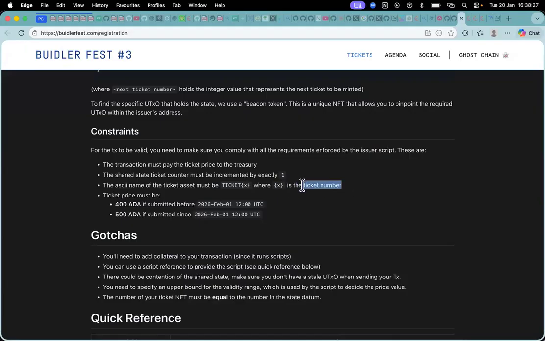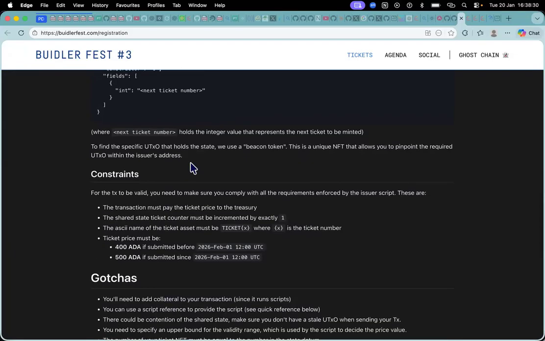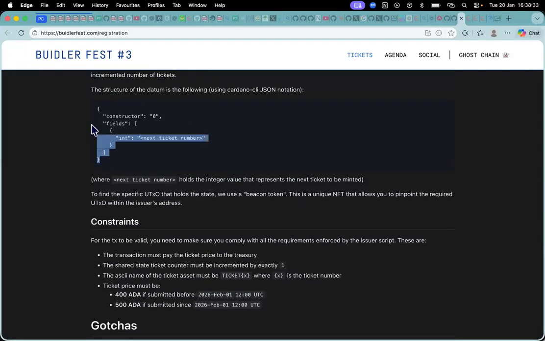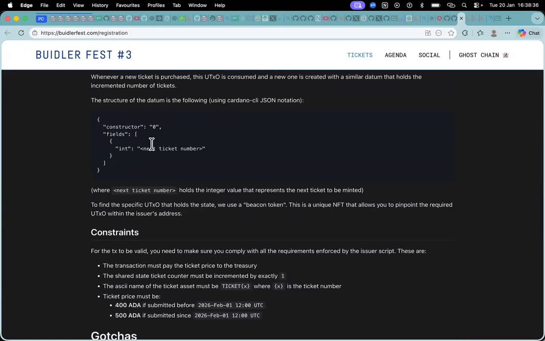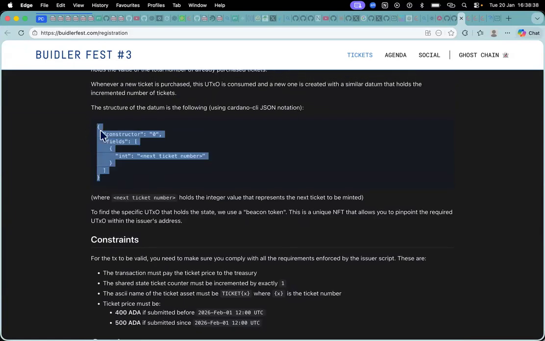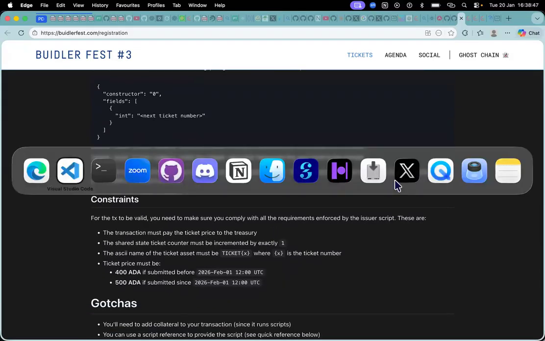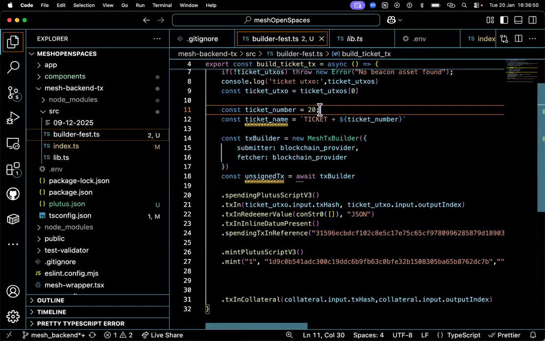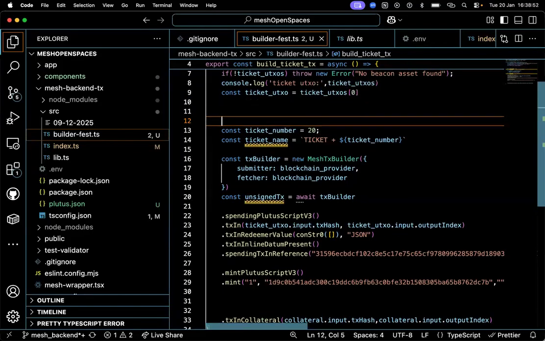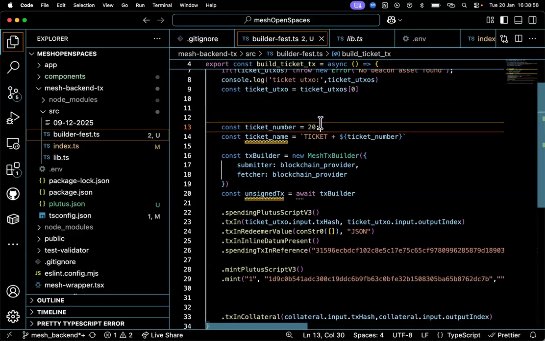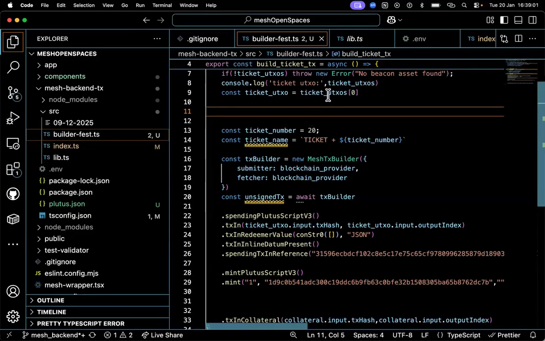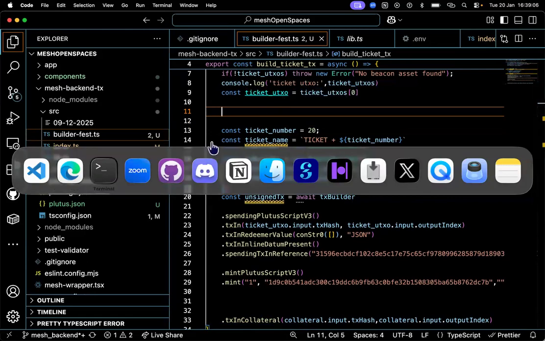And this ticket number right now, I think we would have to query an ongoing datum. Correct. I don't know if I'm making sense. We would have to query an ongoing datum to get the previous ticket number. Right now I'm just hard coding this 20 there, but I think it's high time we get the previous ticket number, like who was the last person that got it, from the UTXO. So you just have to get the ticket UTXO's zero dot let datum or something.